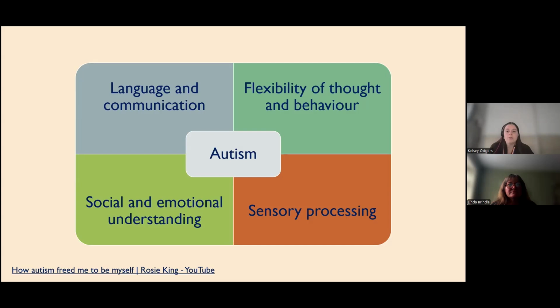So we know that many autistic people have differences also in sensory processing. So that's the fourth area. And that's both in being over and under sensitive to sensory input. So for example, it could be disliking loud noises, or the opposite, disliking silence, not liking the texture of certain clothing or certain food, which can lead to other difficulties, and also noticing smells that other people don't notice. So that's a broad range of sensory information.